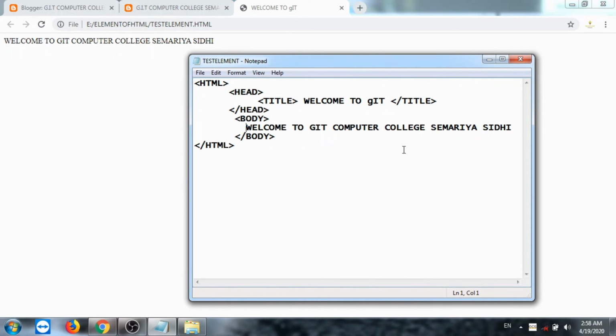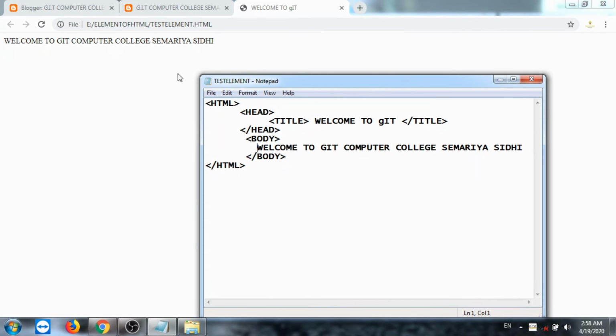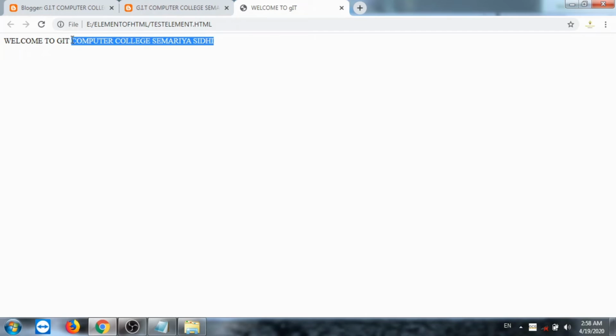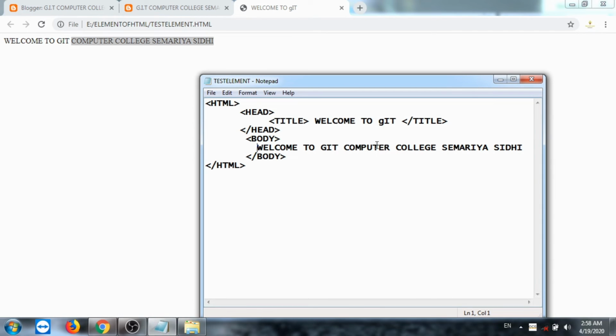So right now I'm trying to use BR here. Suppose that I want to break this line from here. What should I do? I will put the BR tag here.